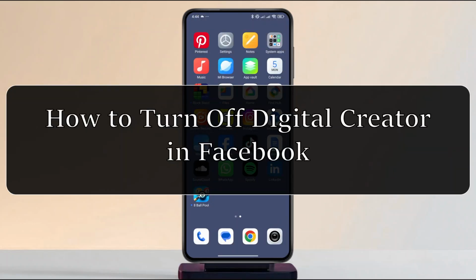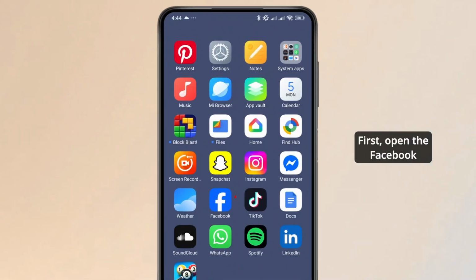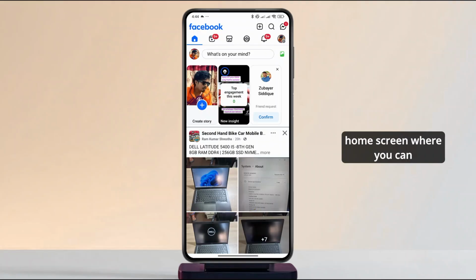Today I'll show you how to turn off Digital Creator in Facebook. First, open the Facebook app on your phone. You'll land on the Facebook home screen where you can see all the posts and content of friends and pages